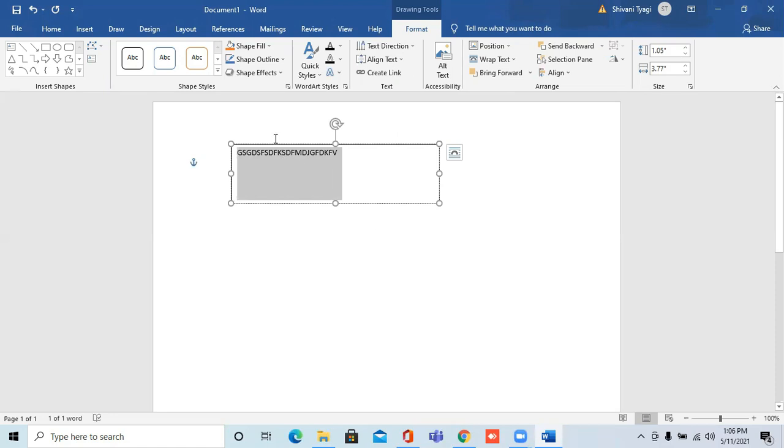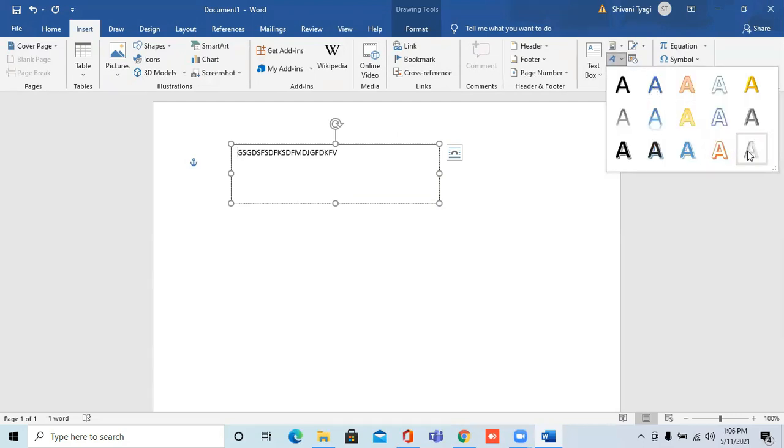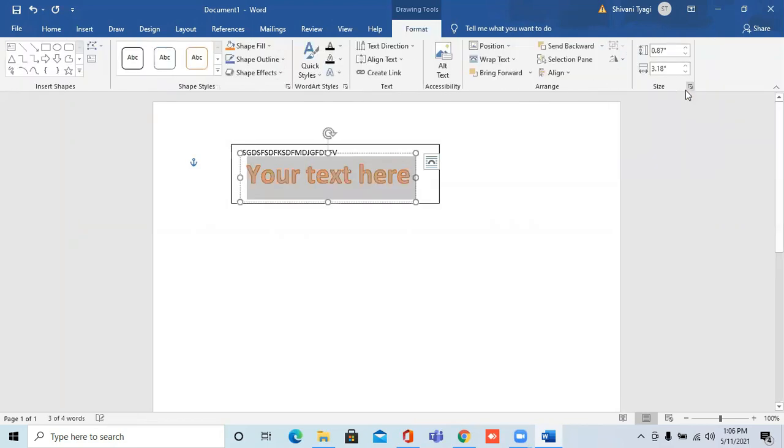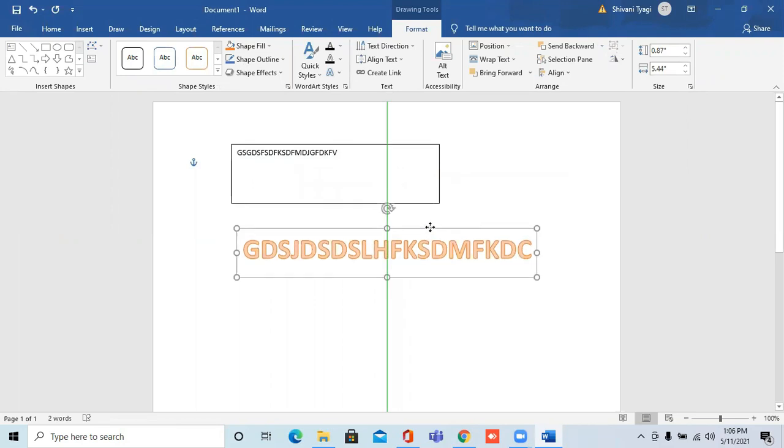Now next thing is word art. Again, you simply need to click on the insert tab, and then from here this word art option is there. Just select here, and you can select any style from here. And after that, I'm just selecting, let's say, blue or this one. So whatever I type now, that text will come in that manner. So basically word art is used for writing stylish headings and other things.